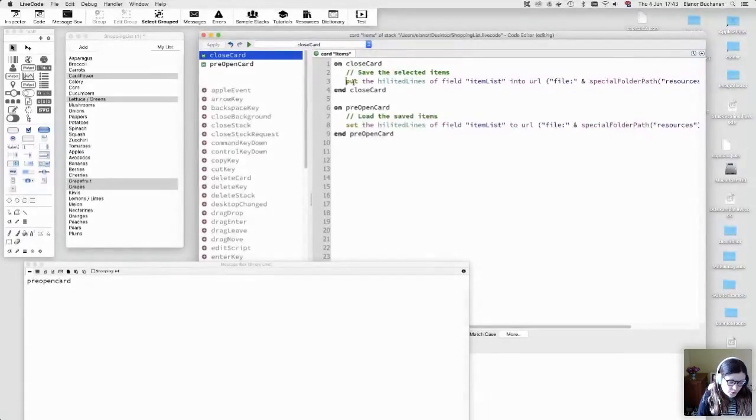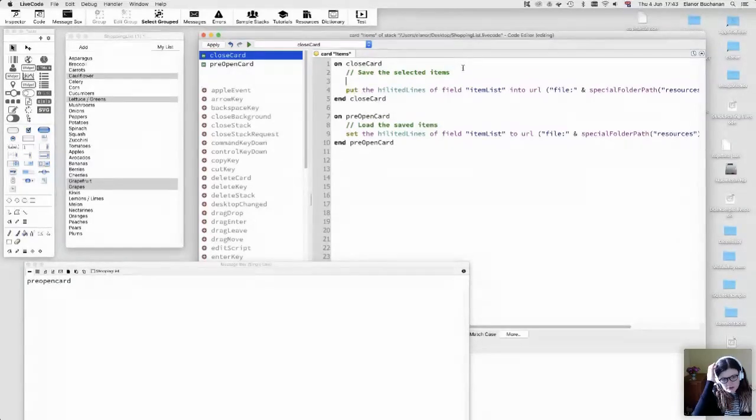So in that case, what you could do is store the state within the stack itself, so that when you're moving between cards, you still have access to the previous state, and then you can just write the whole state out to file, perhaps when you actually close the stack. So rather than rewriting it out to file every time you move cards, you would just store it on the stack. So in that case, what we could do is on close card, we would call a